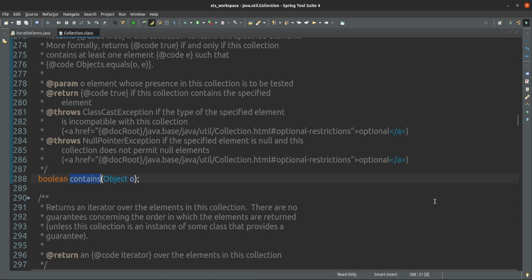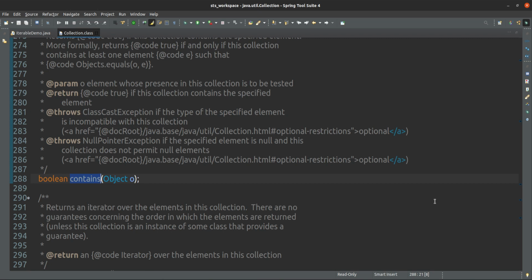And contains means you will test whether a particular object is present in this collection or not. Suppose in one array I want to check whether the value 10 is present or not. How will you know that?